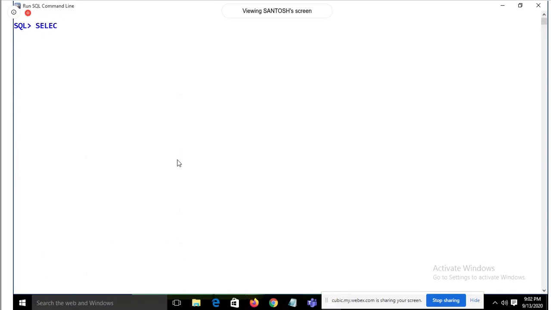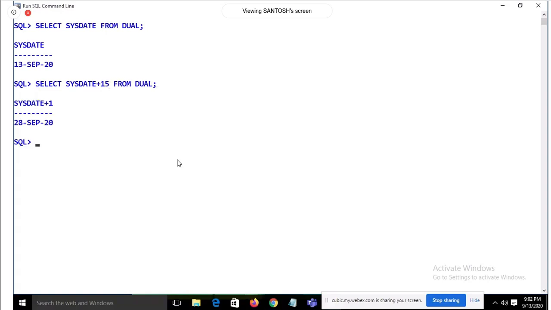Now we have the date functions. Like I'm going to use select sysdate from dual. We are getting the system date. Suppose I want to get the date after 15 days. Yes, it's 28 September. Suppose I want to get the date before 15 days. So this is the date that we are going to get.